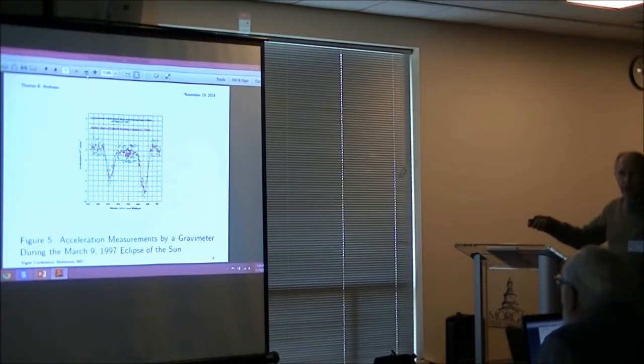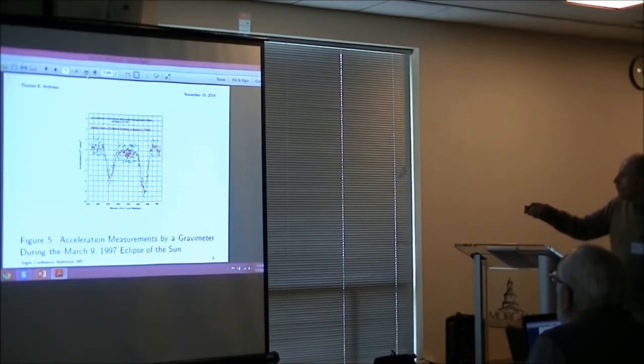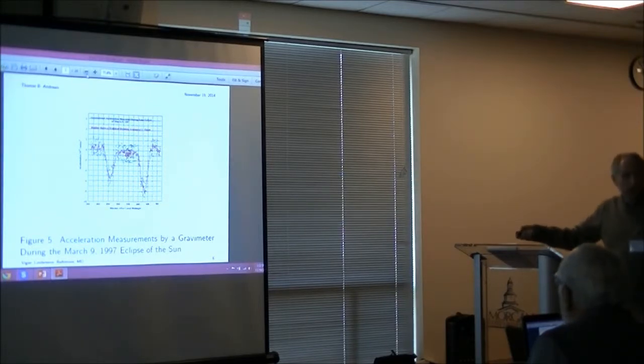It's the first corroboration. They've had many tests before, but they could never say that gravitational shielding occurred. Even the ones who made this measurement couldn't say that gravitational shielding occurred because they didn't understand these anomalies. So I'm the first one to understand these anomalies, and therefore analyze it and discover that gravitational shielding is real.